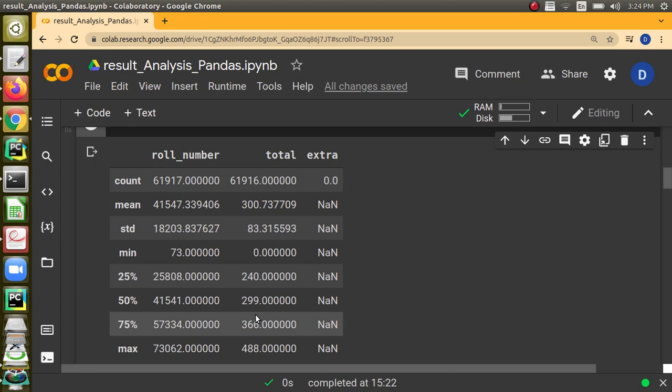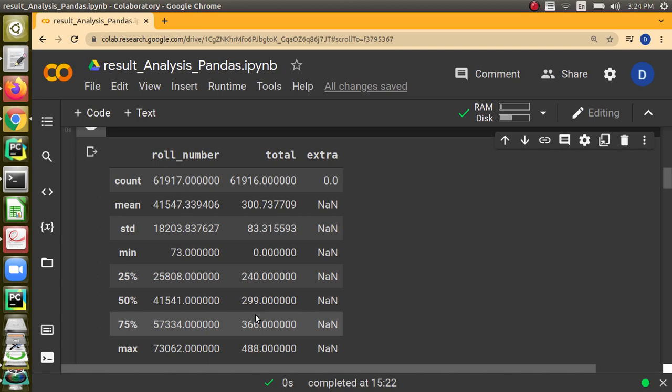For example, for total, if you are going to find out what is 25%, 50% and so on, you will arrange the values in ascending order, and then you have to split it into 4 equal parts. The maximum in the first part is going to be the 25% quantile. The maximum value in the 50% is going to be 299, right?